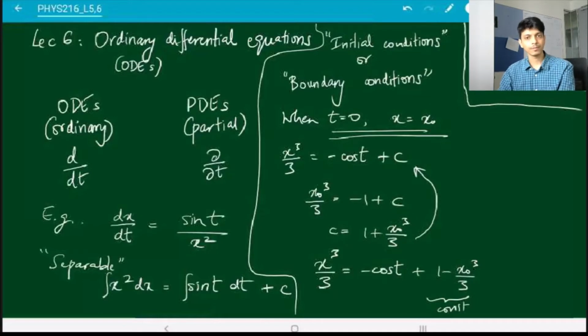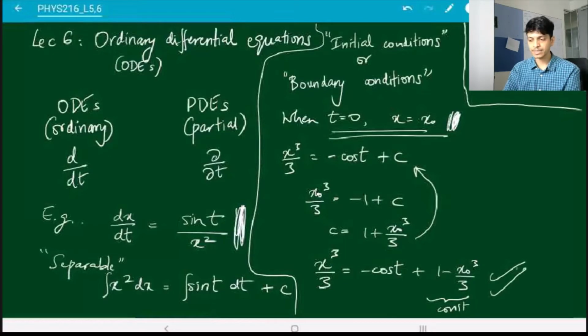So the crucial point to remember over here is that just specifying a differential equation like this is not sufficient. Just with a differential equation, you don't understand what the full solution is going to be. You need a differential equation, and in addition to that, you need some kind of a condition. And only together will you get your final solution like this. Otherwise, you will be stuck with some kind of unknown constant c, and you won't know your complete solution. So anytime you're solving a differential equation, you need the differential equation itself, and you need to know some condition.